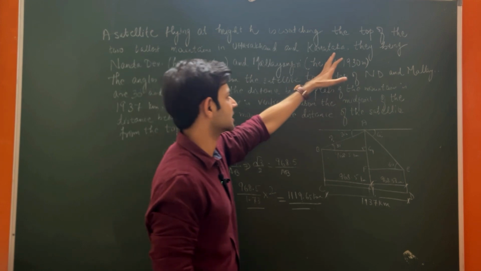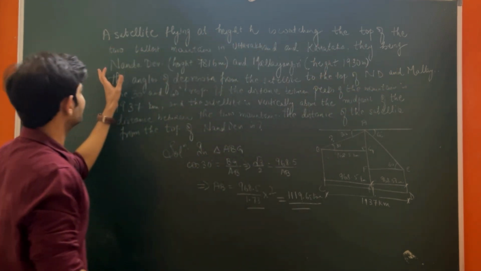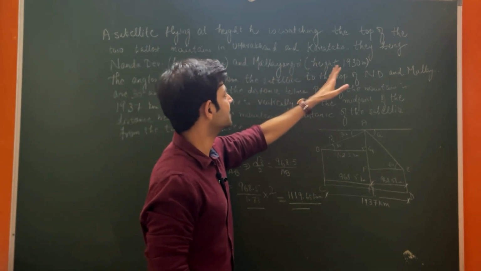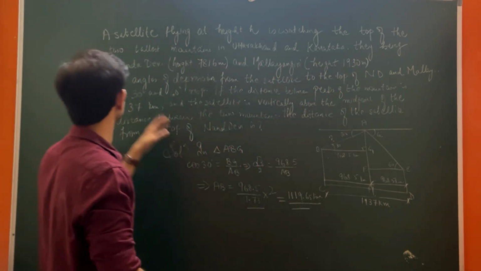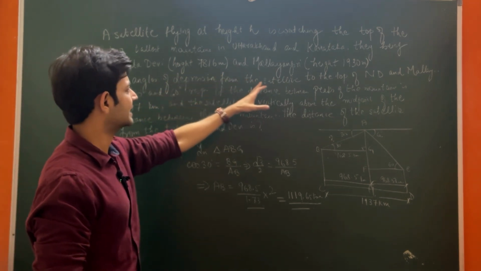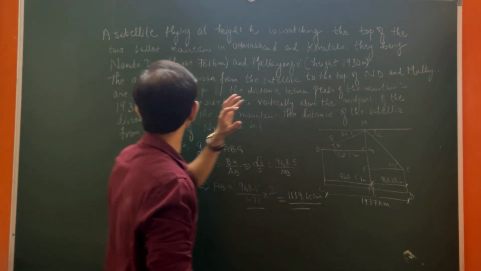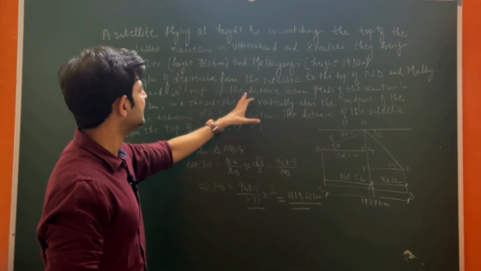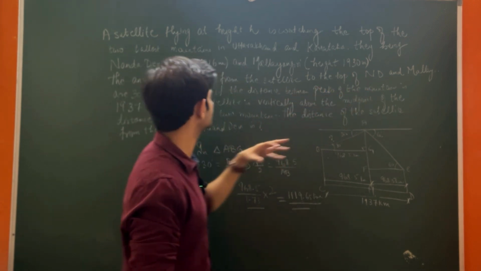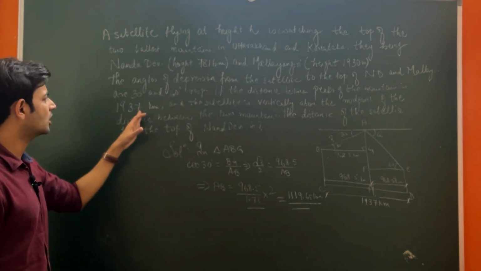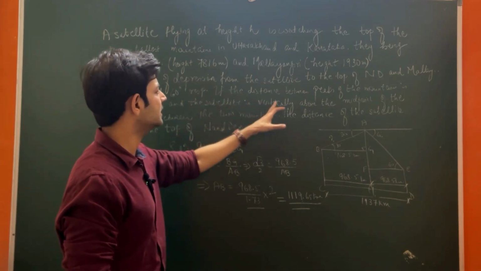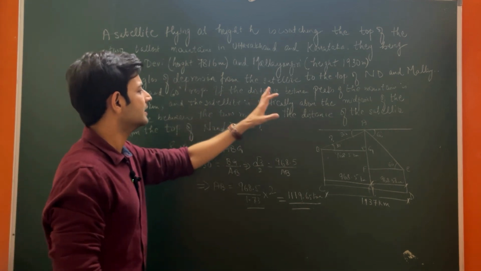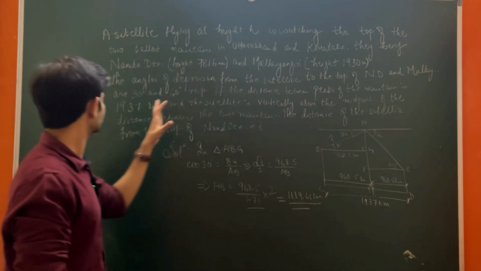A satellite flying at a height h is watching the top of the two tallest mountains in Uttarakhand and Karnataka. They being Nanda Devi, which is at a height of 7816 meters, and Mullayanagiri at the height of 1930 meters. The angles of depression from the satellite to the top of these two peaks are 30 degrees and 60 degrees respectively. If the distance between the peaks of the mountains is 1937 kilometers and the satellite is vertically above the midpoint of the distance between the two mountains, the distance of the satellite from the top of